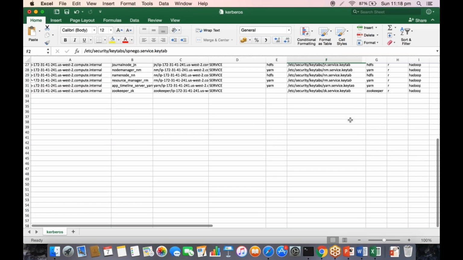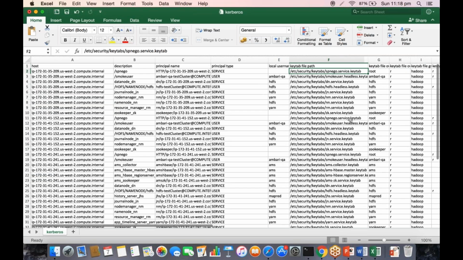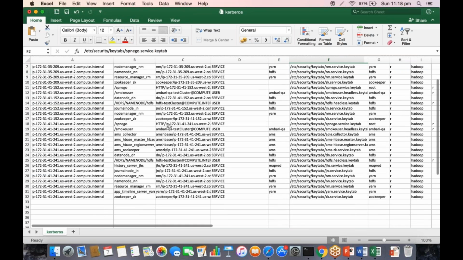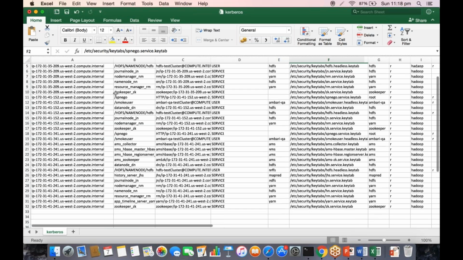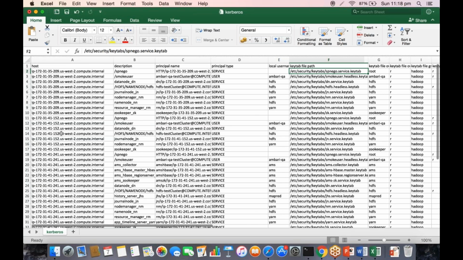Previously, when there was no Ambari, to install Kerberos you had to generate all these things manually, and keep them with the proper permissions. But now with Ambari, you can see it's very easy. 32 entries have to be created.